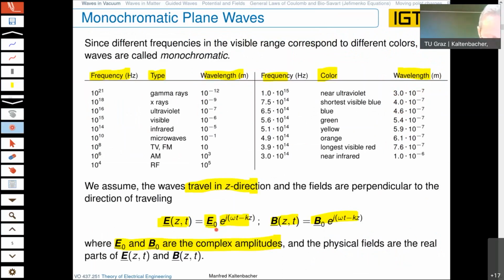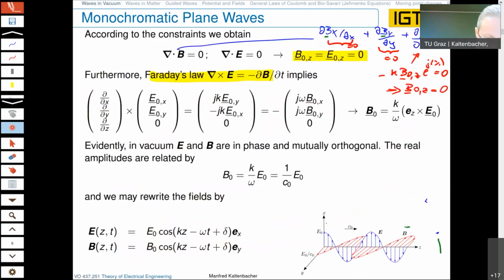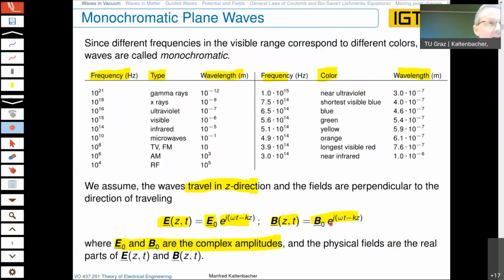We know we have a constant E0, which has just the x and y component, because the z component has to be 0 according to this constraint here. The same is for the magnetic field B, where we have this ansatz, and we have a B0, which has just the x and the y component, because the z component due to the constant has to be 0,